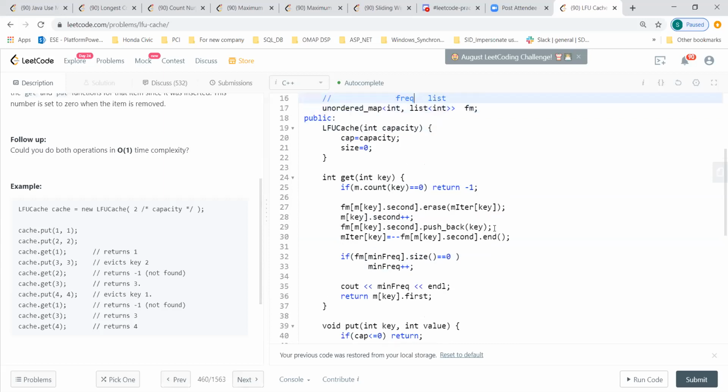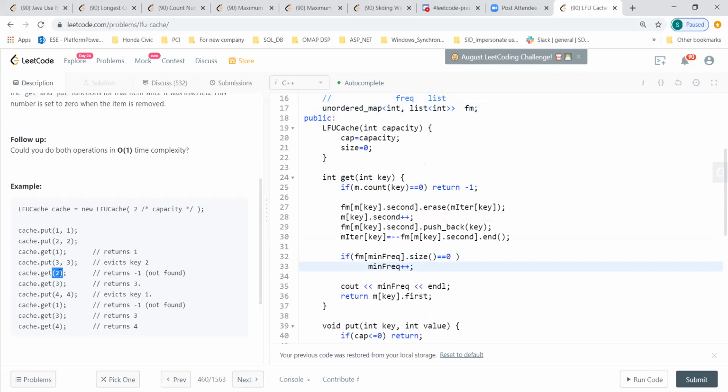Because if you are going to the next one, and then you are removing it from one bucket, like we did for the 2, here the frequency will be 1. Then when you come here for the 2, earlier the frequency was 1, because 2 was in the frequency 1 bucket.